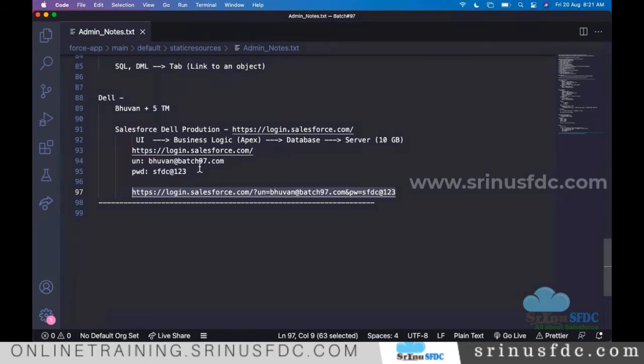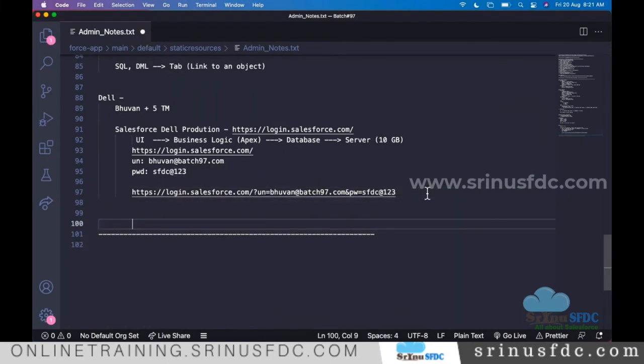So let's say this Dell company identified 100 requirements. So for now, the company and the employees of the company identified 100 enhancements on top of these standard applications.